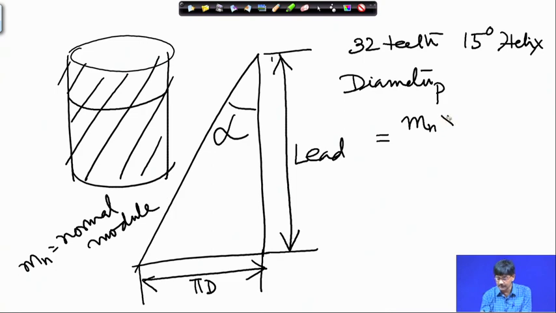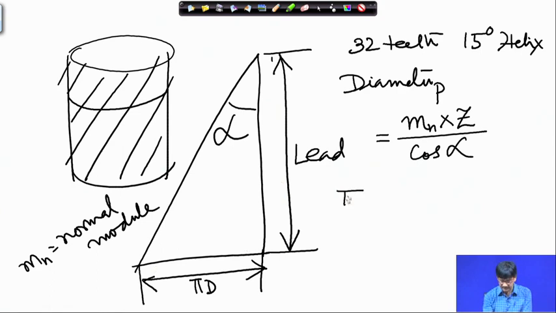Normal module into number of teeth, divided by cos alpha, because in order to accommodate teeth at this angle, the pitch diameter of the helical gear is slightly larger than the corresponding spur gear. So, pitch diameter of this helical gear is this much, and if you want to find out the lead, you can use this expression, that this one multiplied by pi and